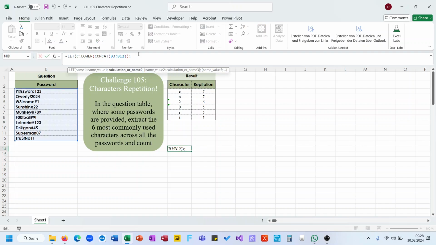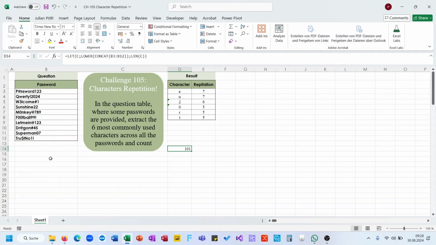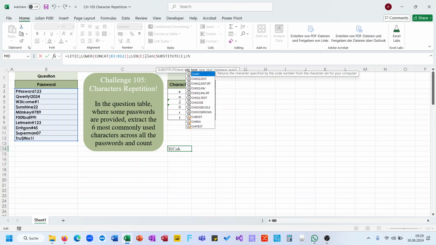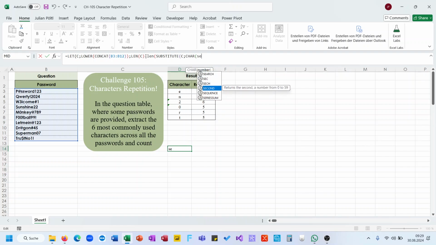and now I use the len approach. So len from C, so I have the length of all those letters here, how many letters there are, minus len of substitute. And now I substitute from C characters, sequence 250. So I get here, I will show to you in an instance,